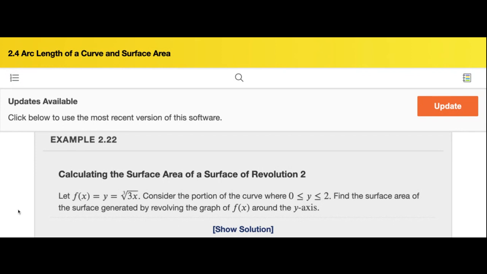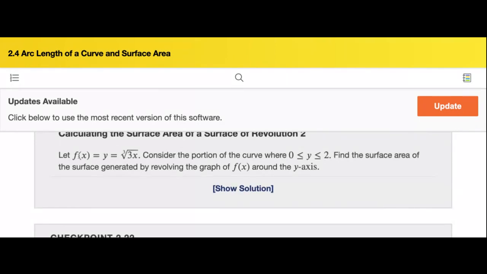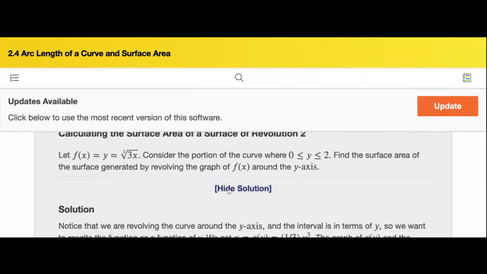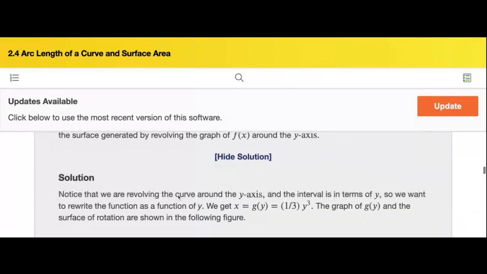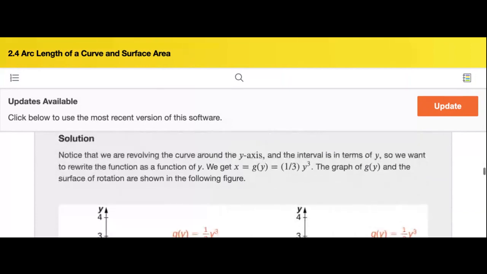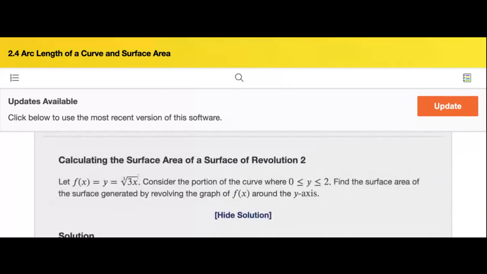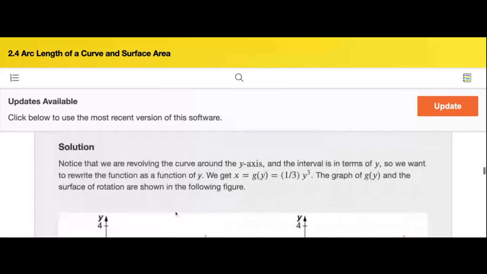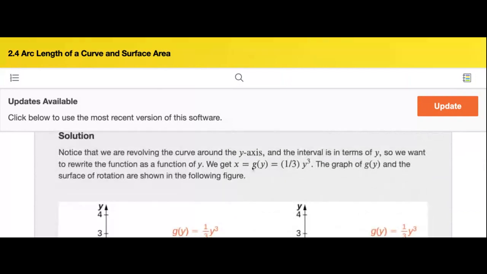We have to write this function f of x as the inverse function. So we need to find the inverse function of f of x, which is just 3x, right? We cube, so we raise both sides to the power of 3. So we get the inverse function of f, we call it g of y, equals